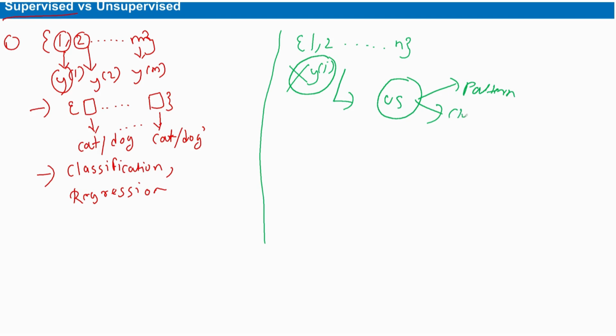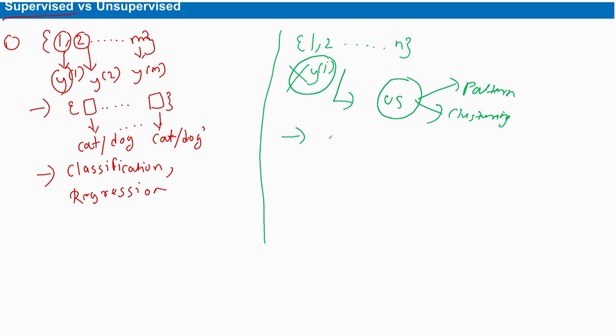Whatever features you are providing, it will try to find the patterns from them, and from those patterns it will create different clusters, or extract insights from those patterns. If I give a real-time example of unsupervised machine learning,